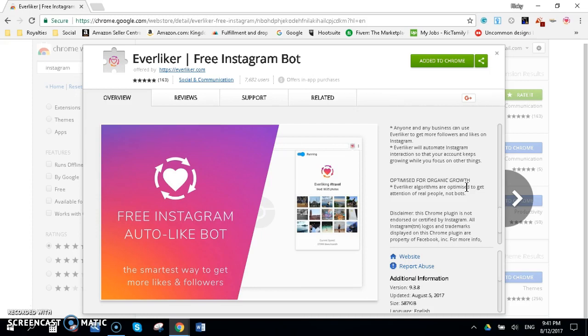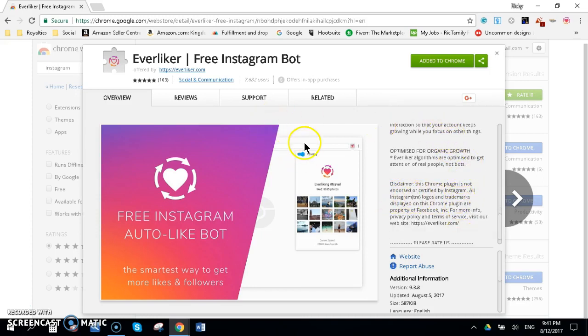And I know it's almost what this is, but the way that it's set up is basically you can pay someone to do the same thing. I mean, you can pay someone to like a lot of photos that are in your niche, that are in your category, that are in whatever area that you're interested in. And this is doing the same thing and resting like a person would. Anyways,